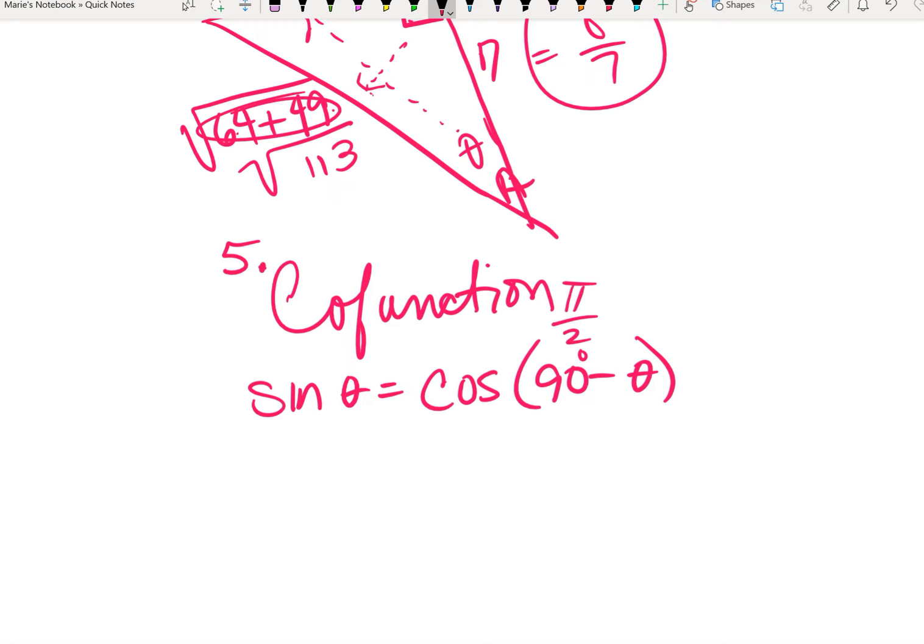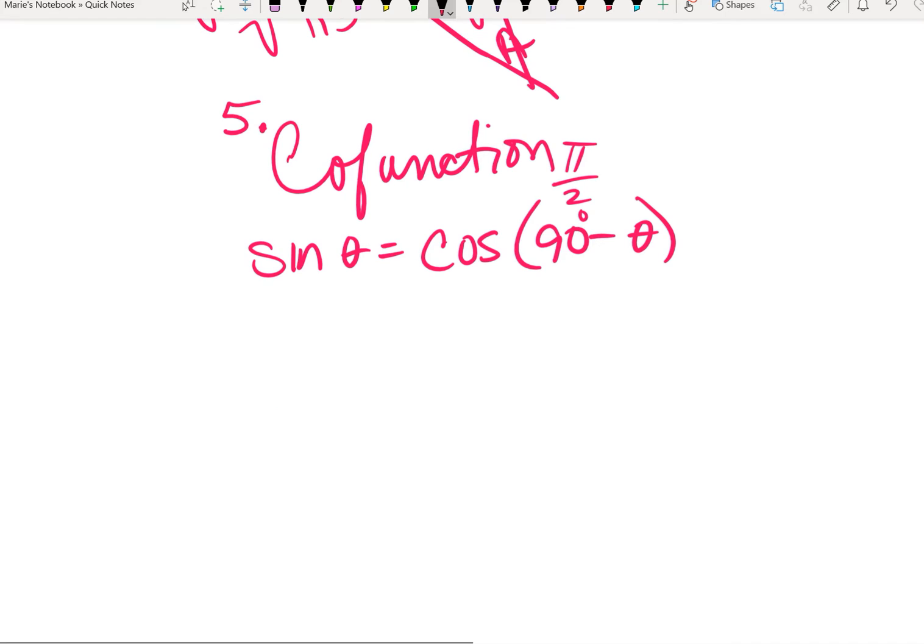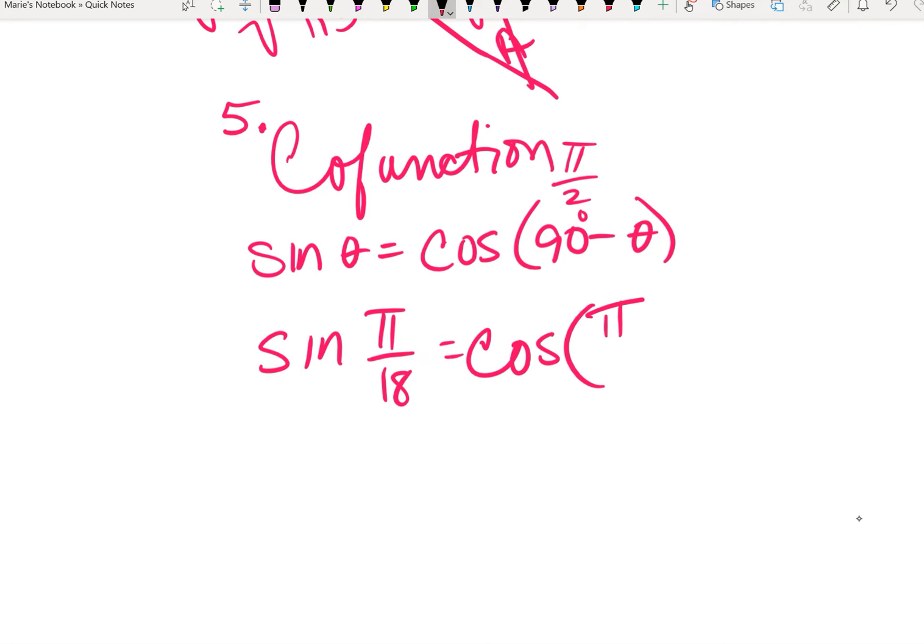Remember, sometimes we write it as pi over 2. So in this case, we have sine of pi over 18 is the same as cosine of pi over 2 minus pi over 18. And so if I convert this to match the denominator, I'm going to end up with,